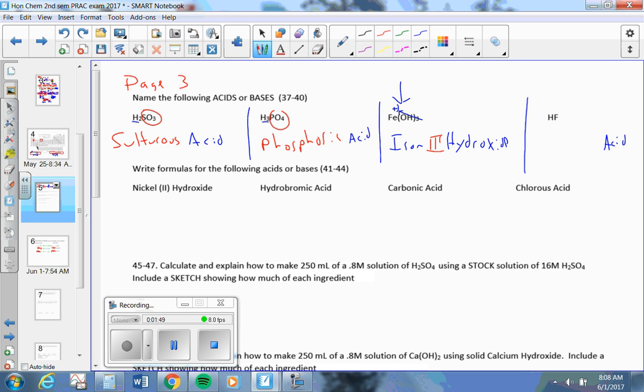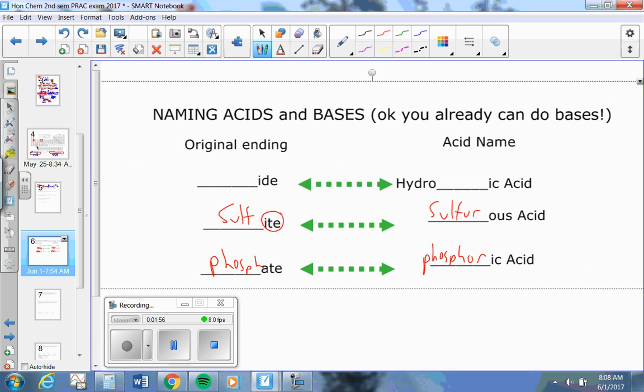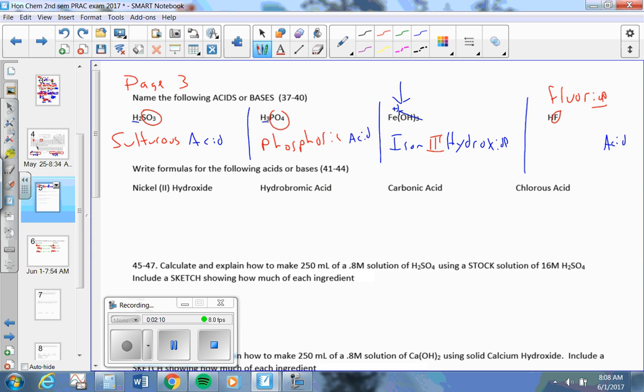And HF. F is the fluorine, so it's the fluoride ion from the nonmetal ide side. Ides, fluorides become hydrofluoric. Got to remember that hydro in there. The monoprotic usually are hydro. So hydrofluoric acid. Same idea on the other way down, the nickel 2 hydroxide, it's nickel with a +2, hydroxide with